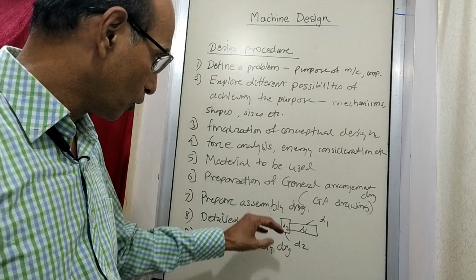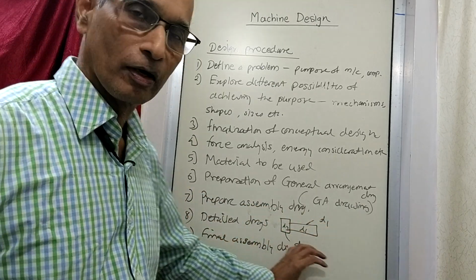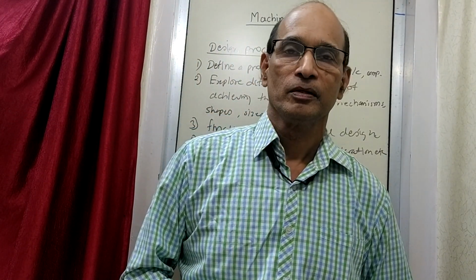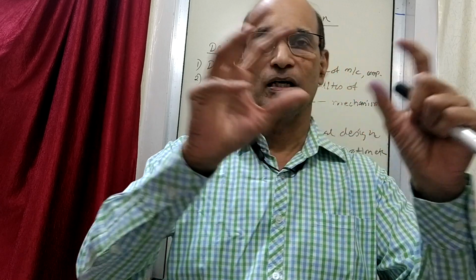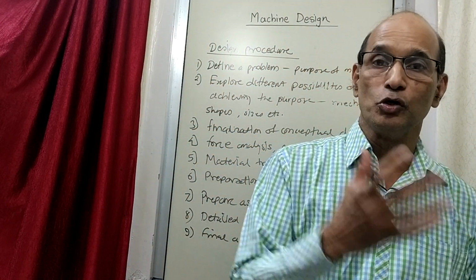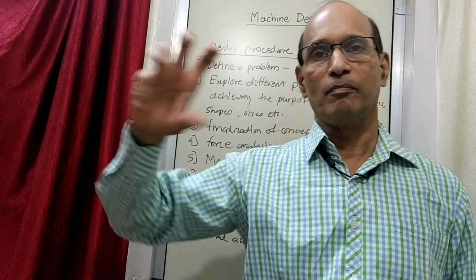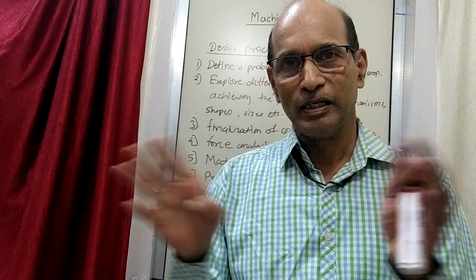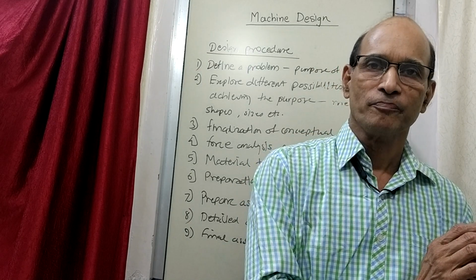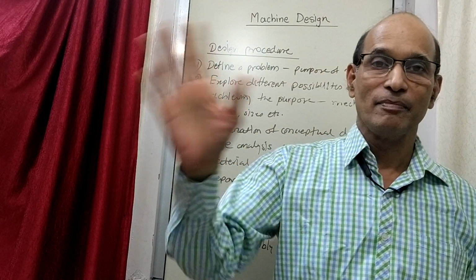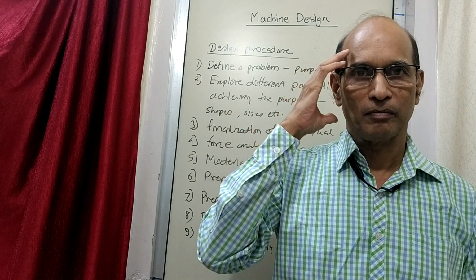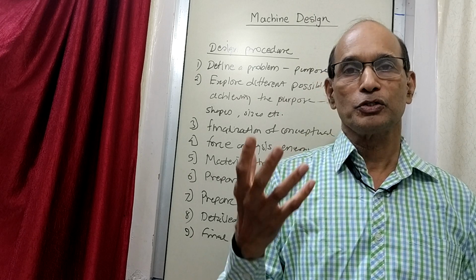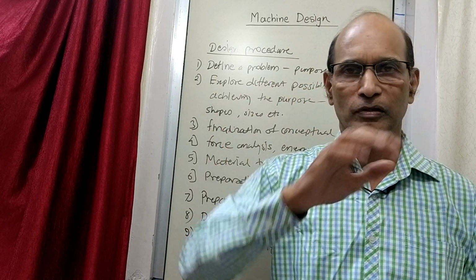So now at this stage you have got the part drawings also ready and assembly drawing also ready. You can think of these two things as similar to what you have done during your machine drawing. During your machine drawing, you were given some detailed drawings. Looking at the detailed drawings, you thought how those things can be assembled, and then you drew the assembly drawing. Or you were given assembly drawings, then you split those assembly drawings into different parts and drew the individual detailed drawings. That was also, of course, an academic exercise, just to give you some idea, just to make you think how this is done. And in the process you learned that particular assembly. So that was the objective.